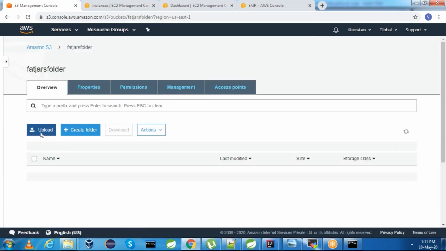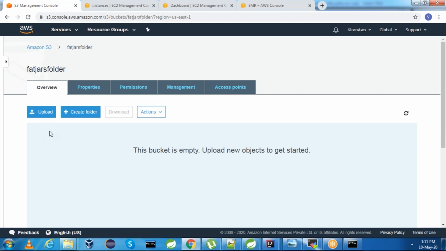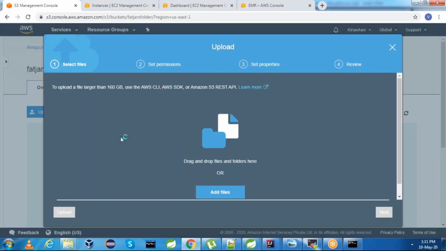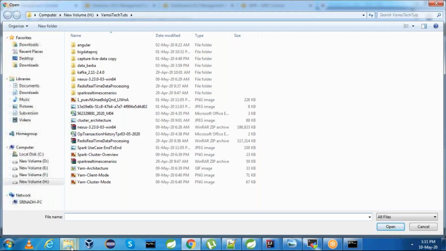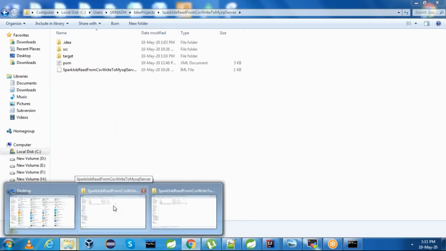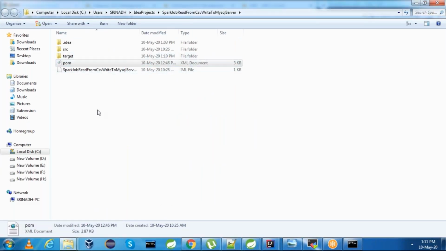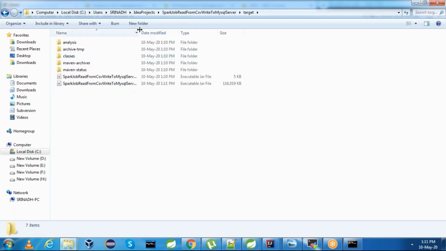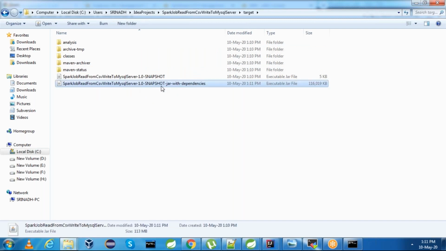Now go to the fat jars folder and click on upload. Click on add files, browse for the target directory, and in the target directory you need to select the jar with dependencies.